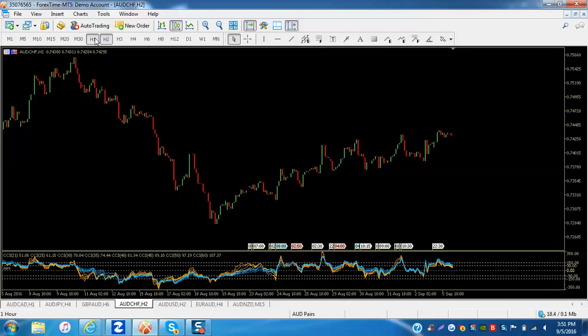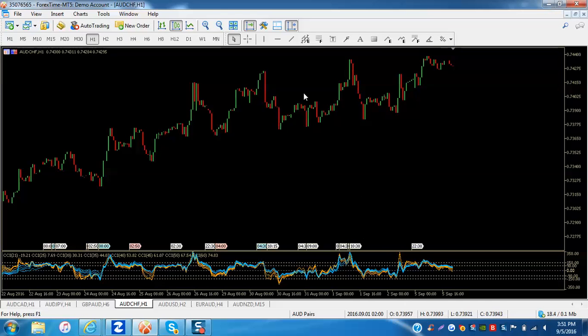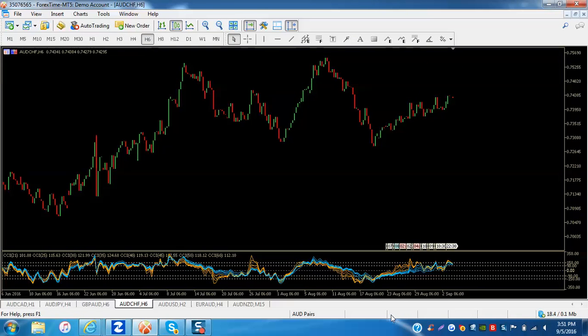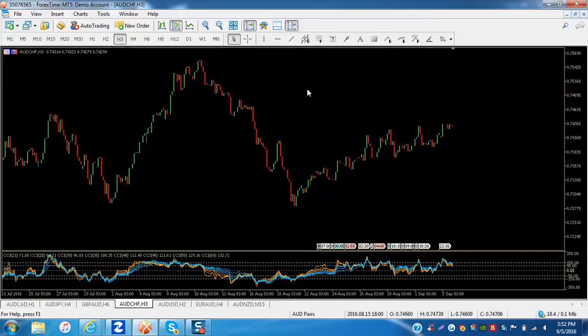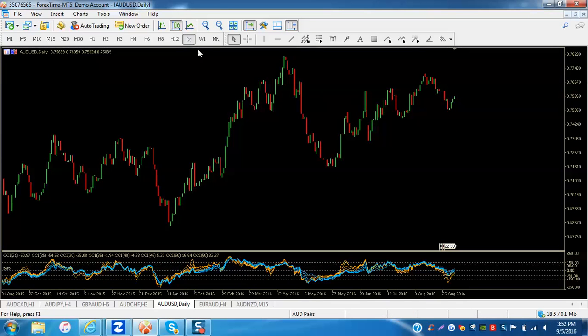Let's try to look at the CCI indicator here. This is suggestive of a corrective move going up, spread apart. And here it is back on the 6-hour, and again, looks to be a corrective move. So I would expect this to move down. So that's the Aussie Swiss. And again, we've got several more candles to paint here. So this may go up again. We may see. Had a quick look here.